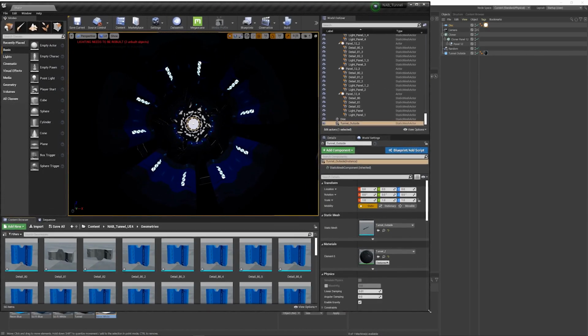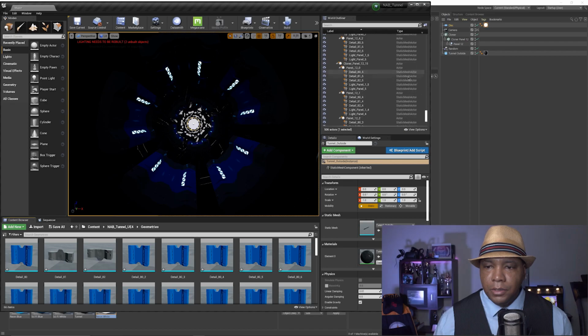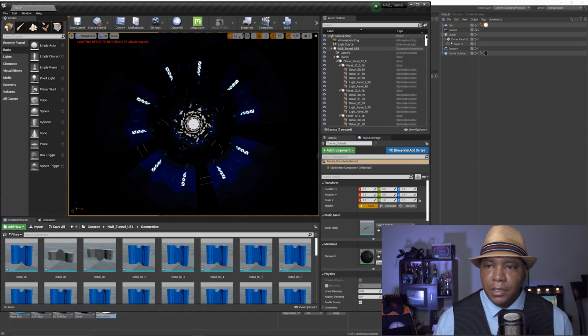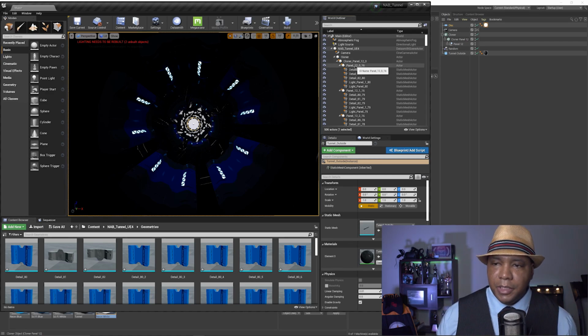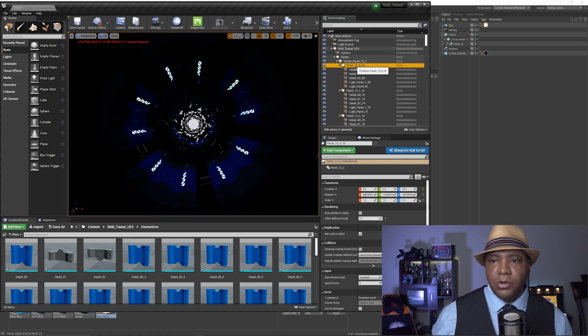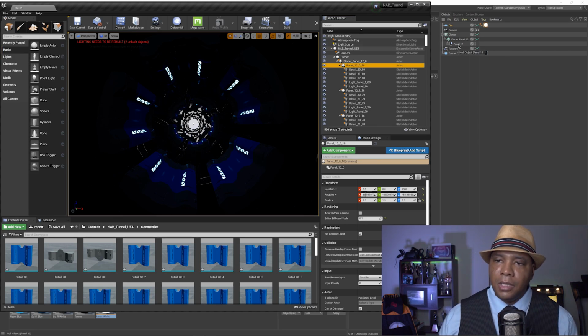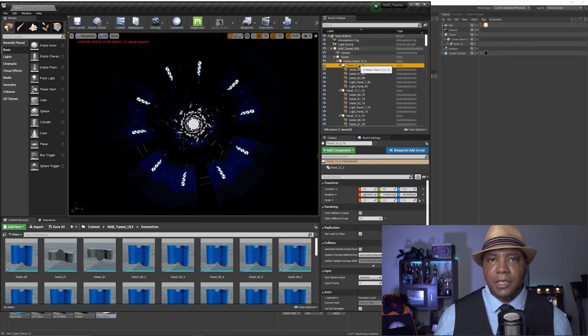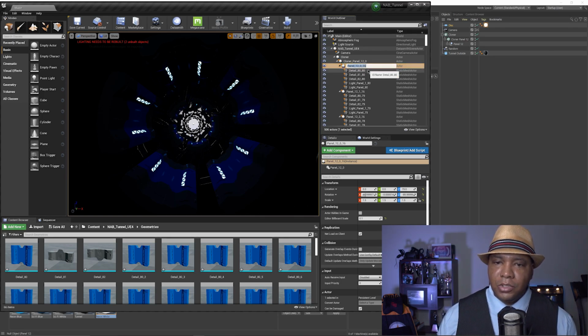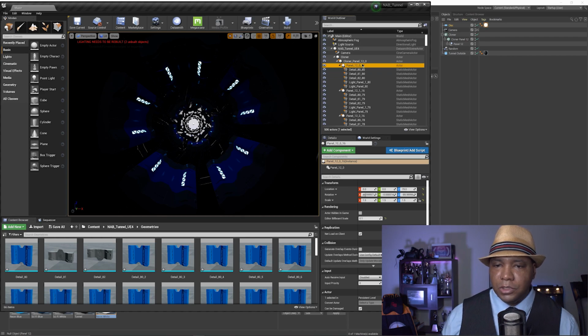If I pull this over and look in our world outliner, you can see that whenever we take stuff from Cinema 4D, especially if we're using the MoGraph cloner, there's no MoGraph module inside of Unreal Engine. So everything that was in the MoGraph cloner, where we only have one object being cloned several times inside of Cinema 4D, has to be translated in Unreal by taking each one of those clones and making it its own geometry. So you have to be careful about that whenever you're using the MoGraph cloner,